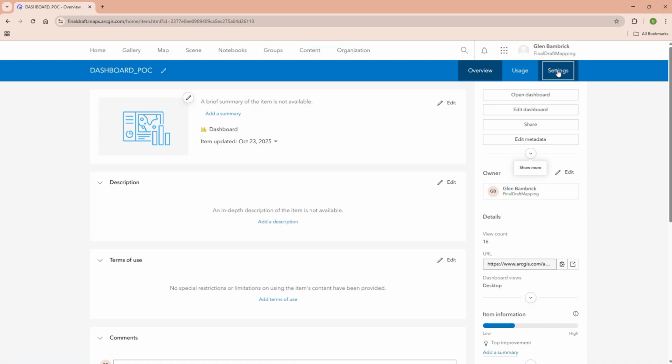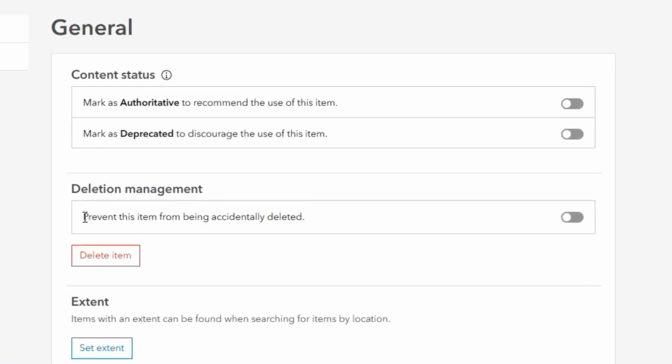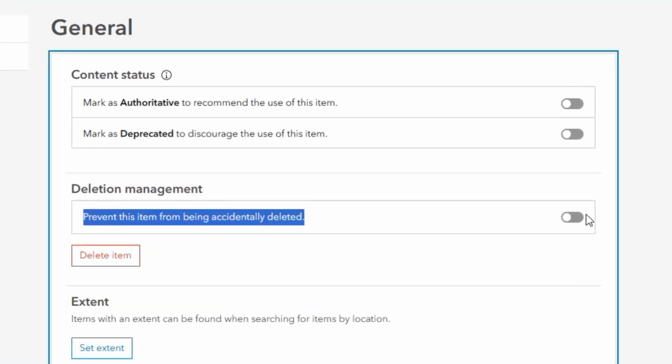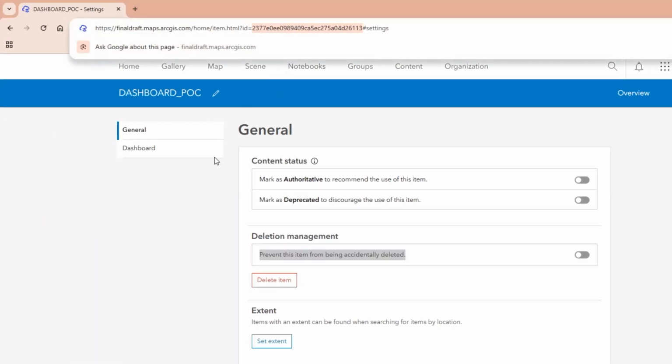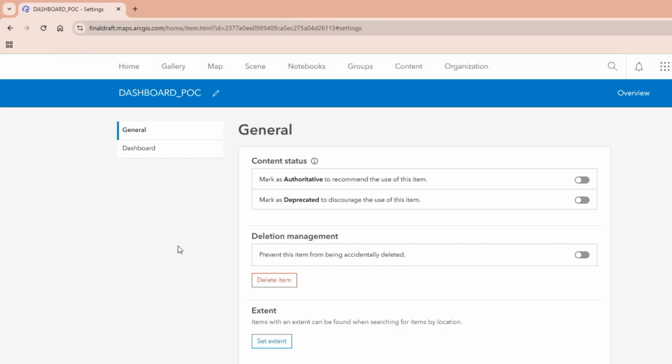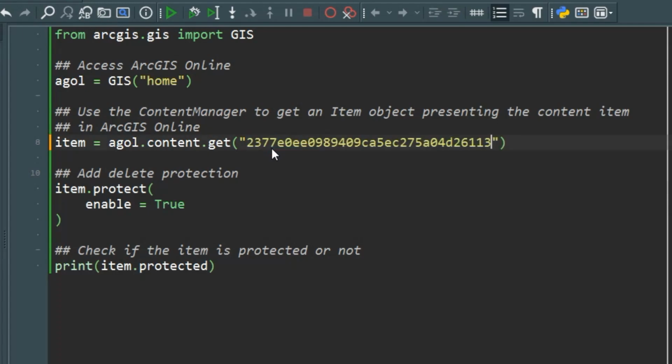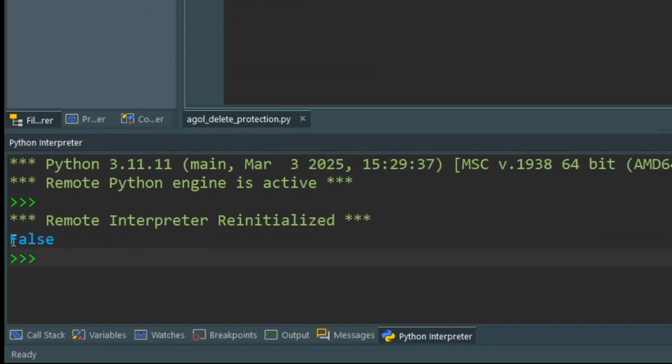On the right hand side, I'm going to click into settings, and we can see that delete protection has not been enabled for this content item. Now up the top, I'm going to grab the item ID from the URL, I'm going to copy, and I'm going to head back over to my Python script. I'm going to paste in the item ID. I'm first going to comment out adding delete protection, so I'm just going to print whether the item is protected or not. So I'll run the script, and we can see that false was returned,